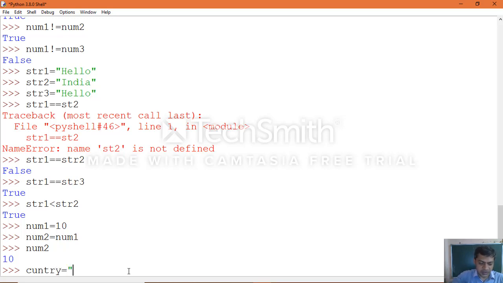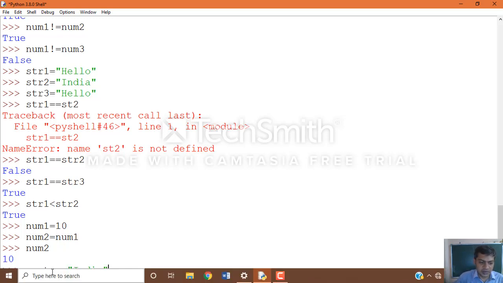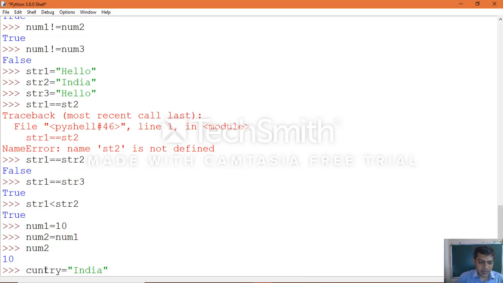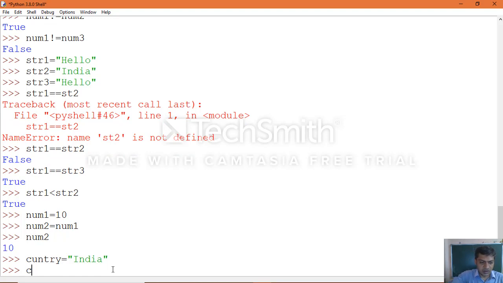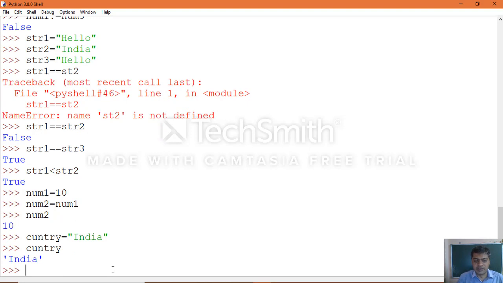Same like that, we can assign a string value. Already I told you that within the quotation marks the value will be enclosed. Variable name equal to, within the quotation marks you need to specify the string value, and we can print it.